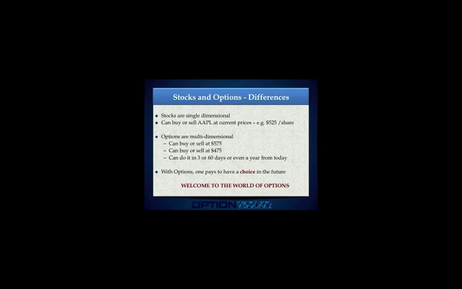But using options, you could get paid for buying Apple at $475 today. Or if you already owned Apple, I could get paid now and still sell Apple at $575. And what if I told you that in both these examples, I would actually get paid today for doing these transactions? i.e., not only can I buy or sell Apple at the price I want, but I also get paid